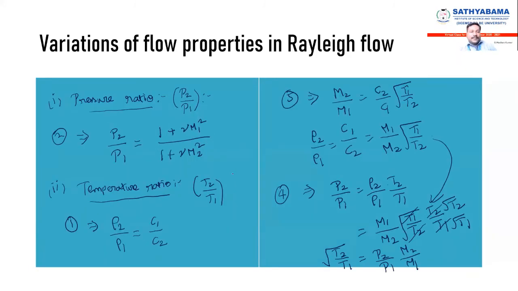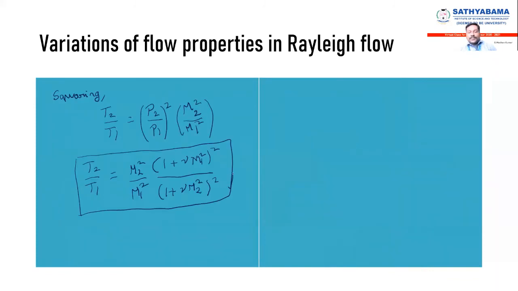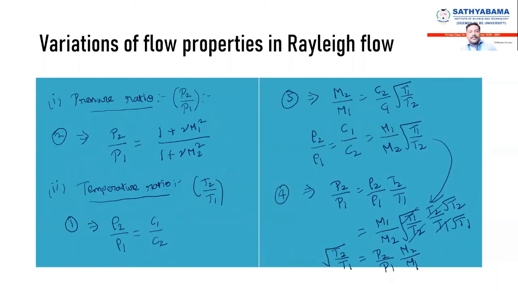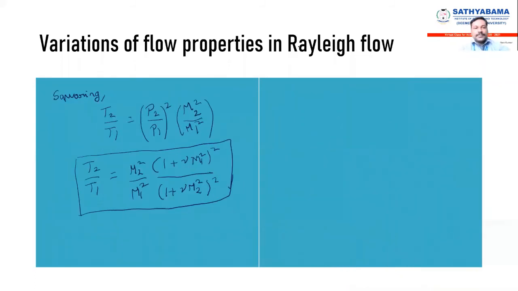So finally we have estimated the temperature ratio. Similarly, we can also estimate the stagnation pressure ratio. Okay, so we find the pressure ratio and the temperature ratio, and then we are going to find the stagnation pressure ratio, or else we can also use this relation, right? So this is your rho 2 by rho 1 relation. Okay. So velocity relation is nothing but the square root of P1 by P2, right?